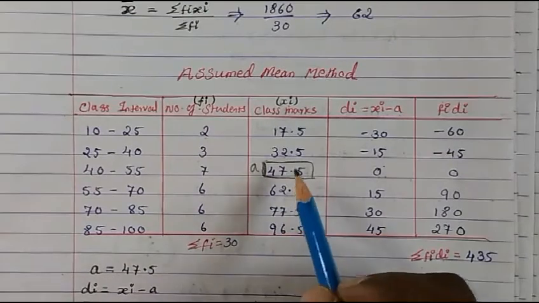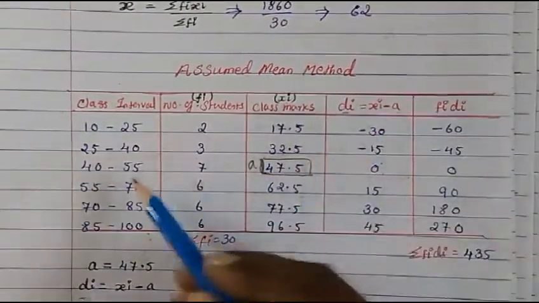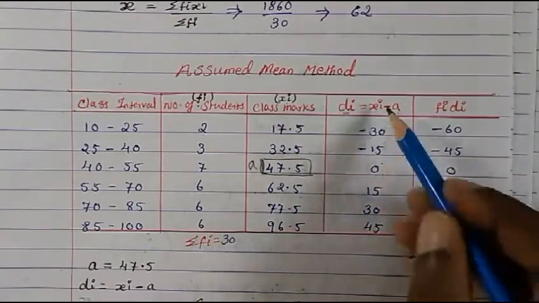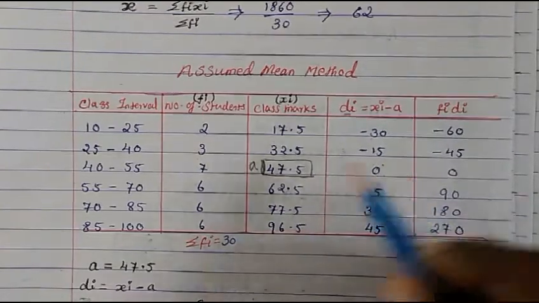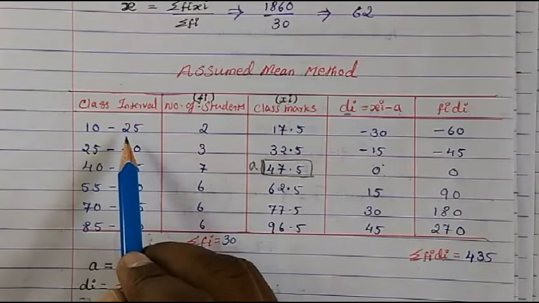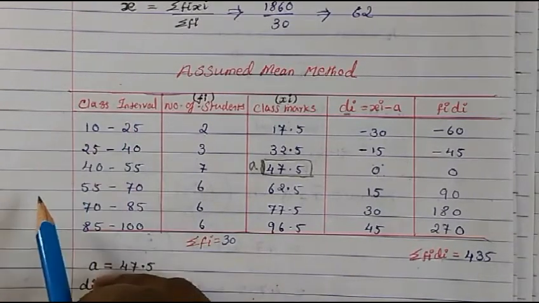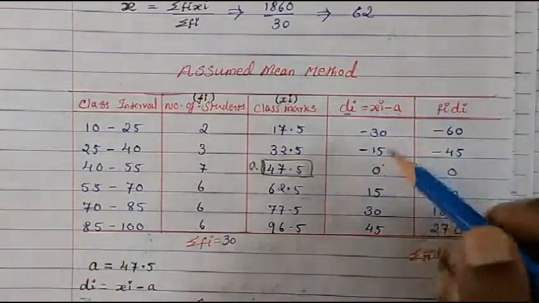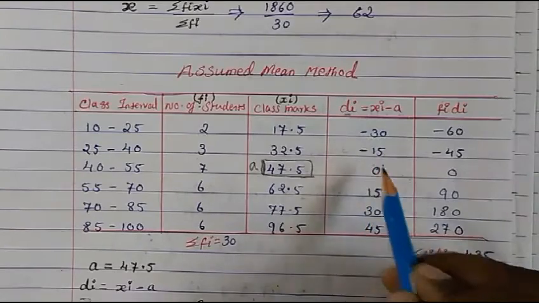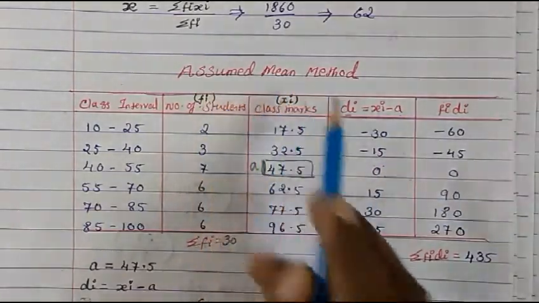And I explained to you a shortcut for how to write the column di. In the class interval where you have written a, you write 0 there, and then up and down you just write the table of the class interval. The class interval here we found out is 15. I told you how to find it: upper limit minus lower limit gives the class interval. You write that table on top and down, and on top you put the negative sign. That is the shortcut I explained to you when I explained the assumed mean method.